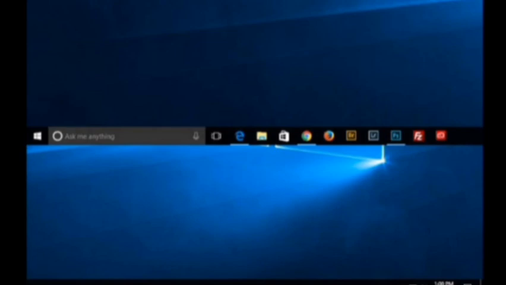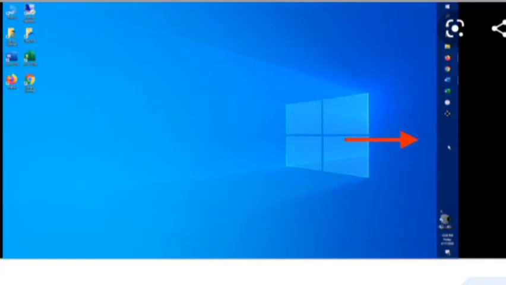Windows 10 also facilitates moving and locking of the taskbar and changing the date and time. In our next video, we will learn how to change the position of the taskbar and how to change the date and time displayed on the